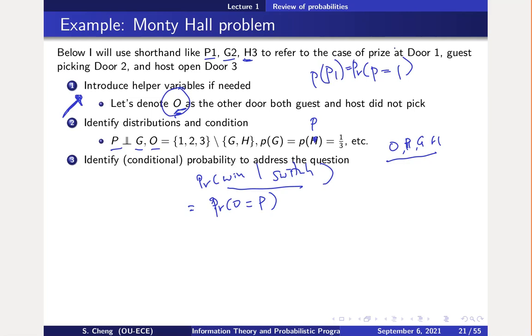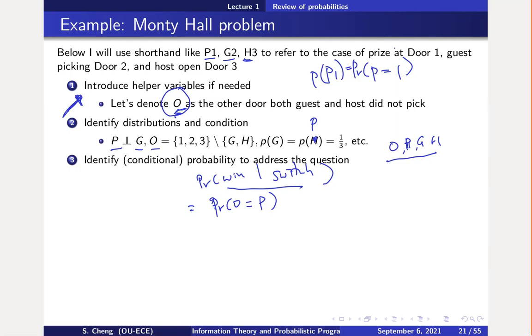So here I'm not even assuming anything. Earlier, I assumed the guest always picks the first door, right? Here I try to be more general. I don't care what the guest picks. Of course, without loss of generality, I can restrict to say the guest picks the first door. But if you have a more complicated probability problem and you can't find any symmetry from the beginning,